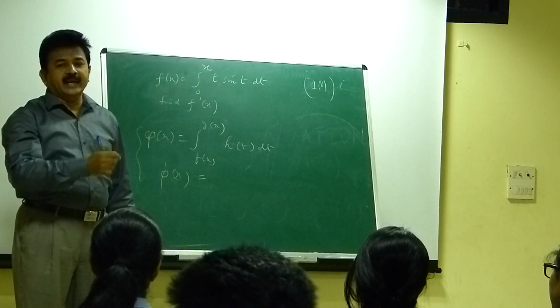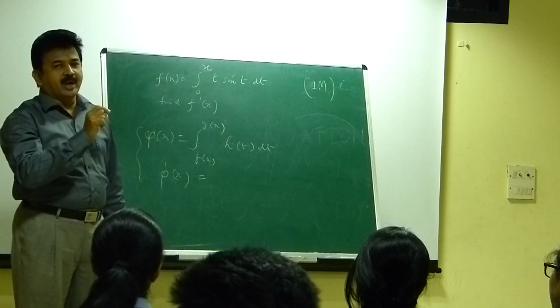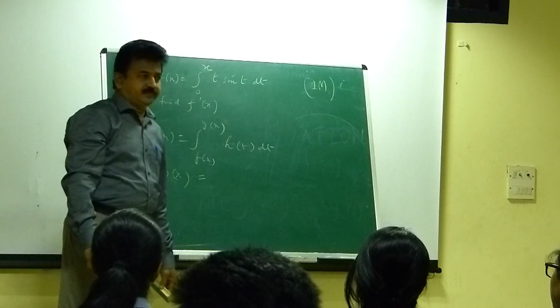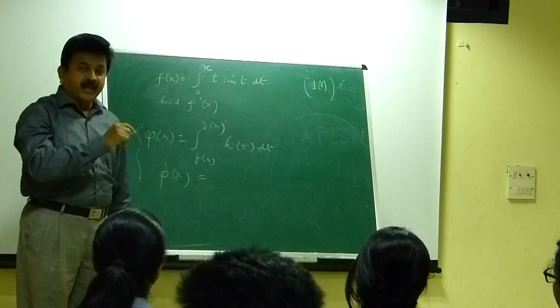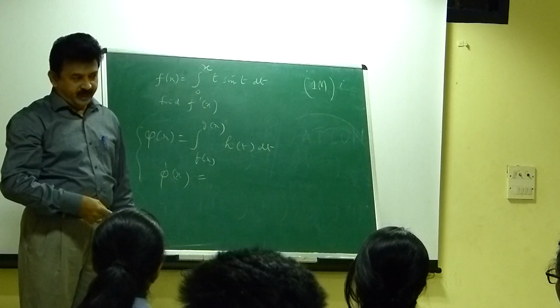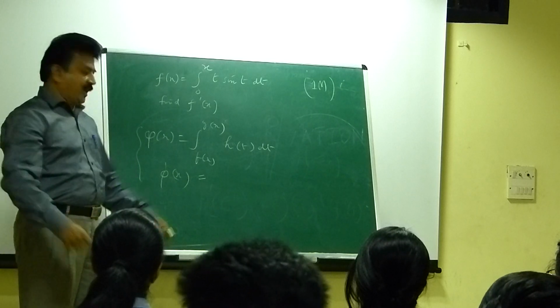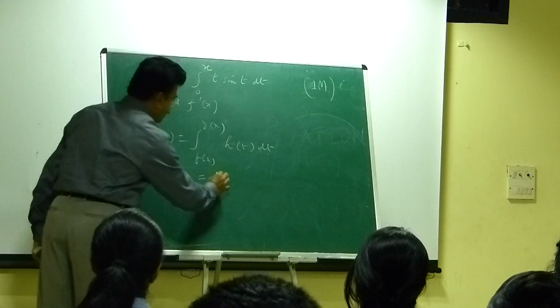So for 1 mark, what can they expect? Students were integrating, and they found it took 12 minutes to complete this problem. Sir, how can a 1 mark question be like this? True, but the student could have done it in a smarter way. It could have been tackled the smarter way. What's the smarter way? Okay, let's see. Phi dash of x.